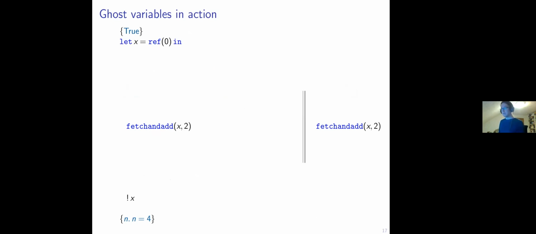The beginning of the proof is the same as before. So we allocate x and we obtain ownership of x points to 0. But now before we allocate the invariant, we will allocate two of these ghost variables, which will track the contribution of those two threads to the overall value of x. So we have gamma 1, which tracks how much the left thread has already added to x, and gamma 2, which tracks how much the right thread has already added to x. And of course, initially, both of these are 0,